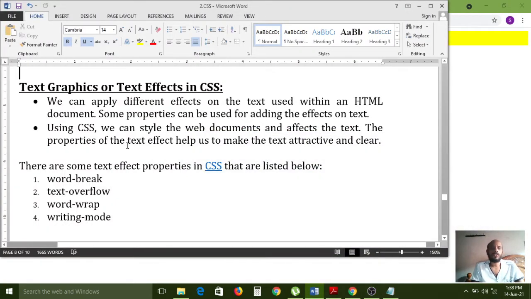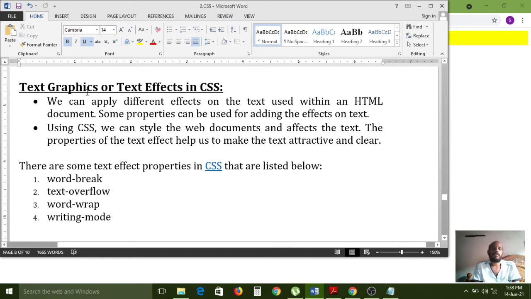Text graphics is also called text effects. In CSS, if you want to apply any text effects, it will show a different look on the output.